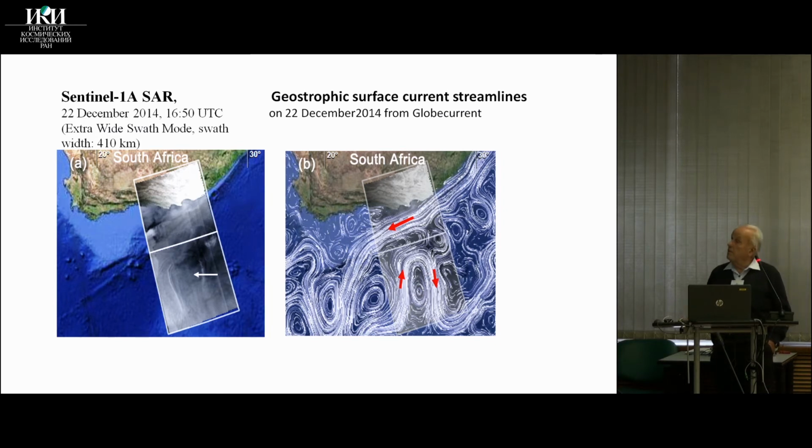This would imply that you get upwelling here, so cold water comes up. And in the SAR image, acquired on the same day, you see here the feature, very little decrease in the center of the radar backscattering, but you see very nicely here the front where these two water masses meet,